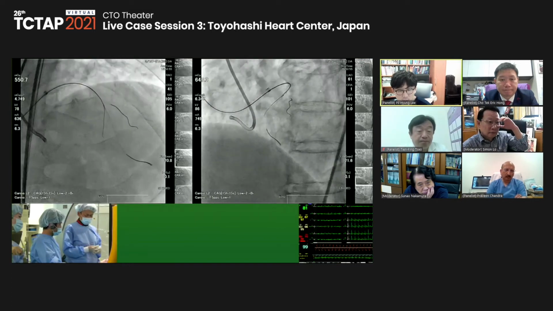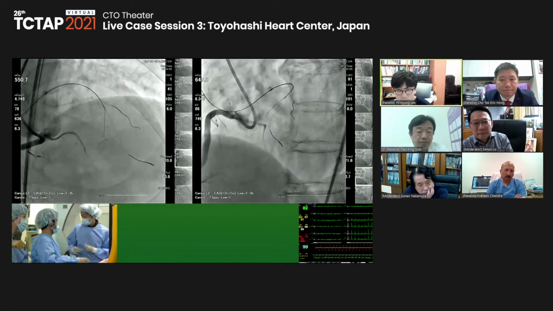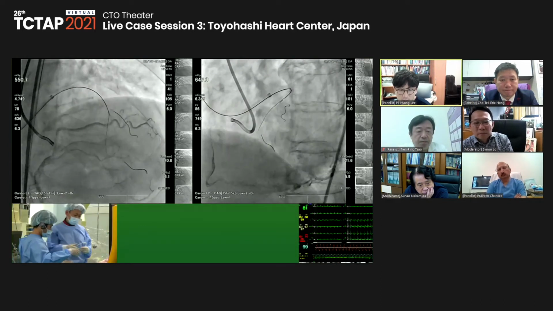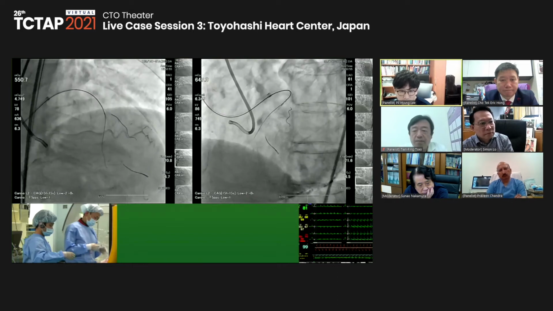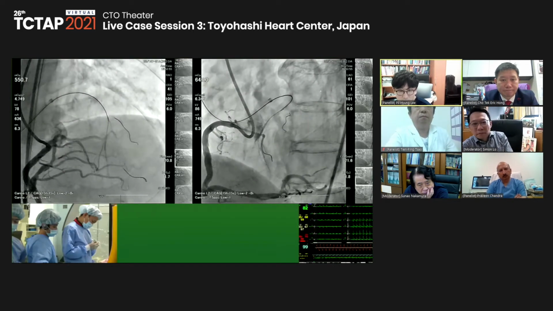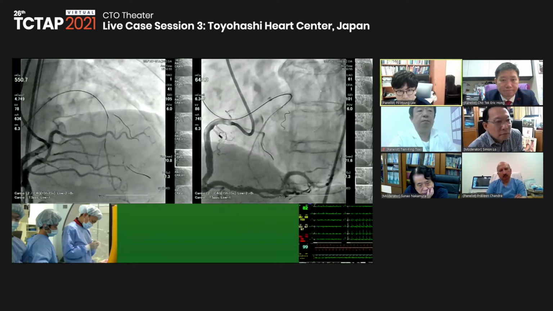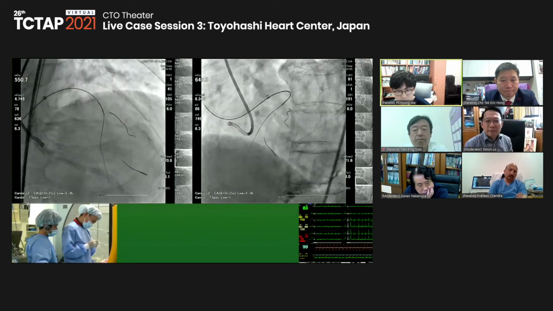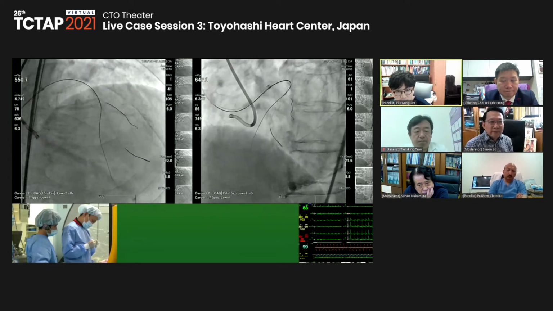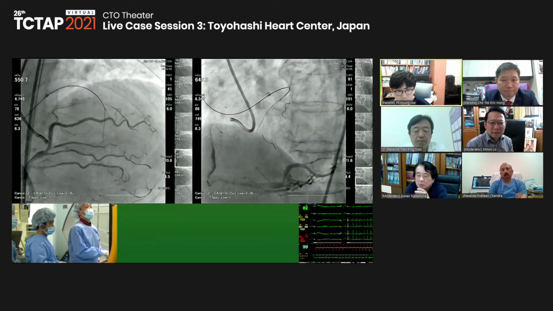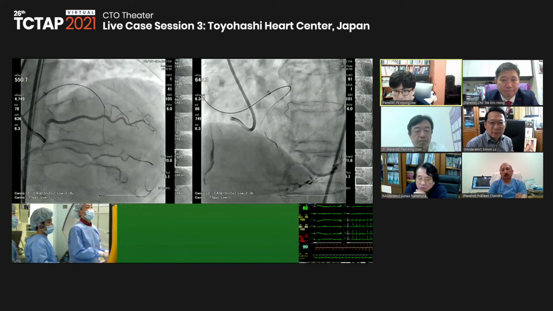I would just do the crossover stent first and then look at the diagonal. I think the diagonal will not be jailed after the crossover stenting, because I see that the morphology is quite good for a single stenting.